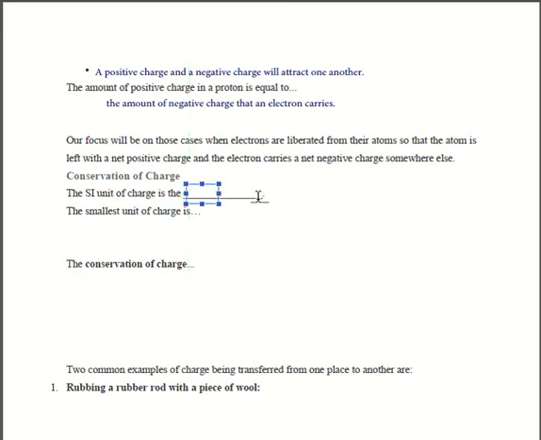So when we talk about charge, the unit that we'll use for that, the SI unit for charge, is the coulomb. And it's shortened just by capital C. And the smallest unit of charge that anything can have, there's no unit of charge smaller. The smallest you can get is the amount of charge that a proton or an electron has. So we call that the fundamental charge, and that's represented by the lowercase e.